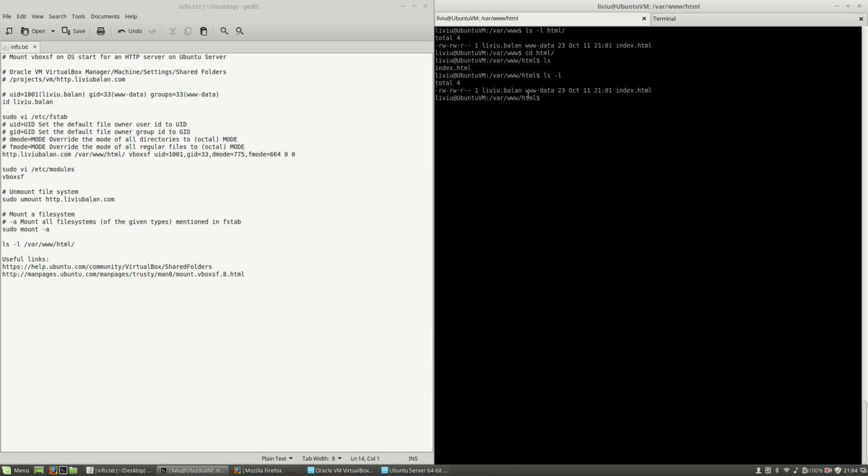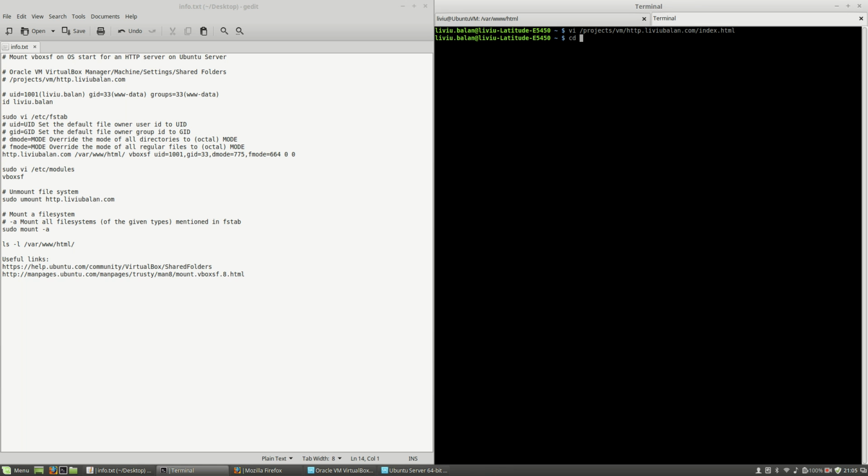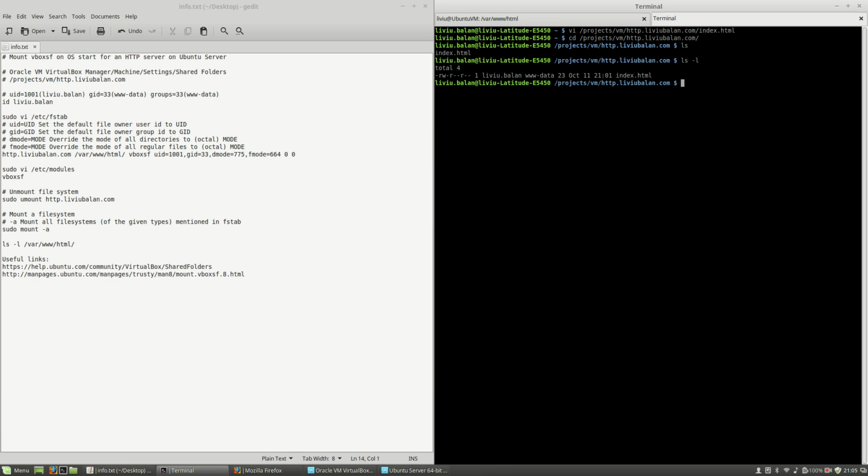You will see that this file is owned by liviu.balan from www-data. If I go to my projects, vm.html, and here I create another file with touch file.txt, and add a directory with mkdir dir, and type ls